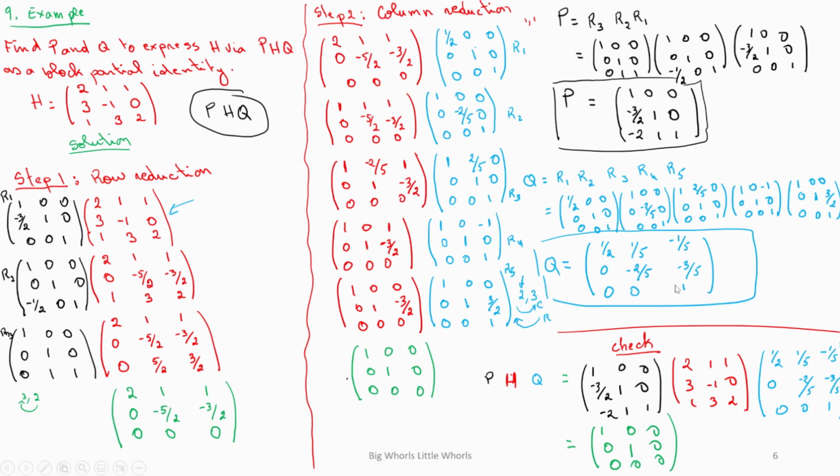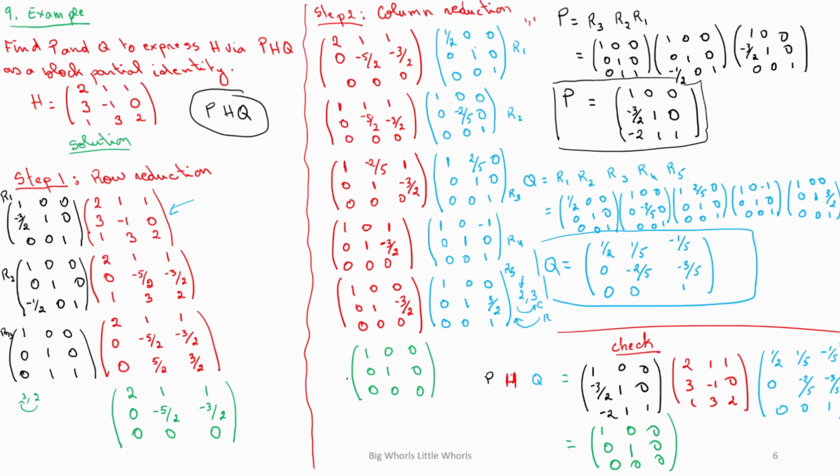This is very tedious work, but if you know how to perform Gauss and Gauss-Jordan eliminations, and the mechanics of matrix multiplication, especially those elementary reduction matrices, you can easily find P and Q. So from now on, if you are given H and asked to find P and Q,